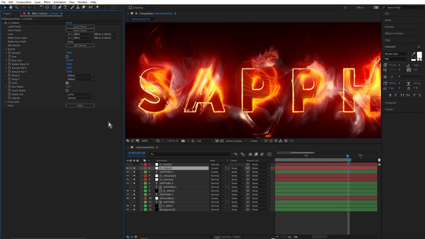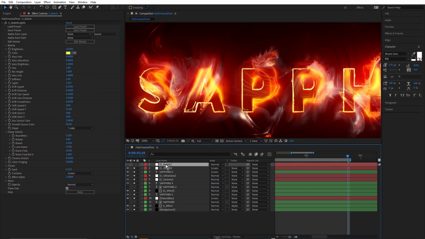Okay, so the last layer is Sapphire Bokeh Lights. This is also an adjustment layer. And this is my favorite little particle effect for Sapphire, which doesn't actually include a particle generator currently. But I can make it appear like they're particles with Sapphire Bokeh Lights using the Use Source Color option. You can see I've got that set to 1. If I bring that down to 0,